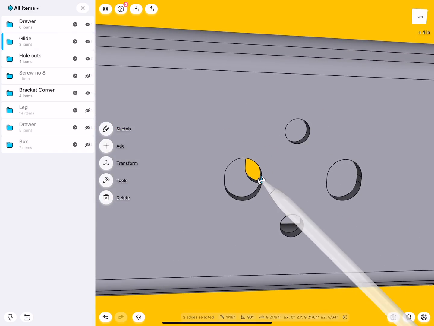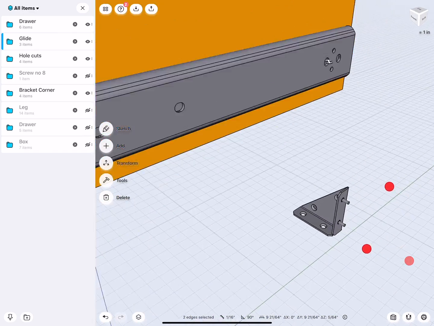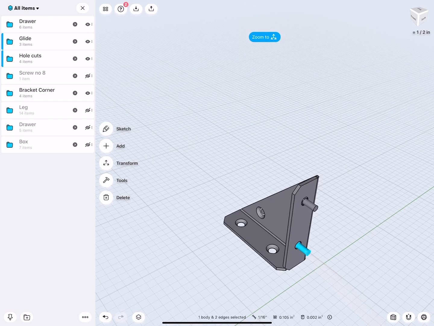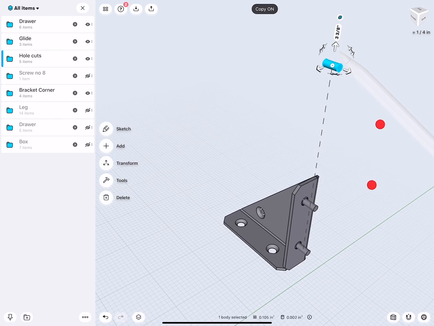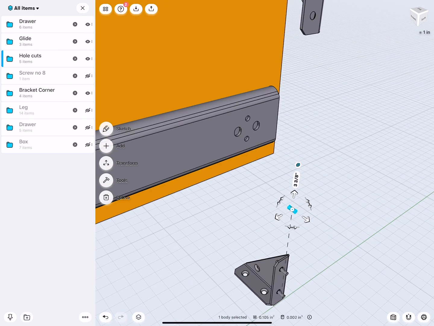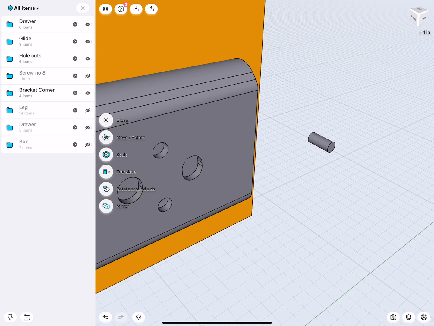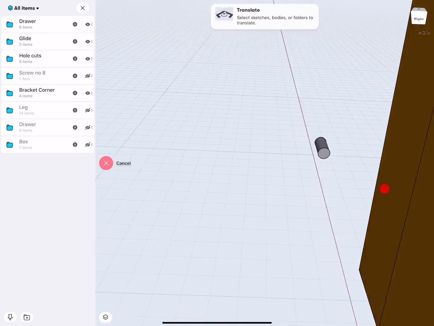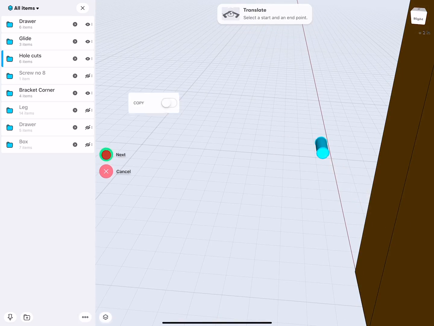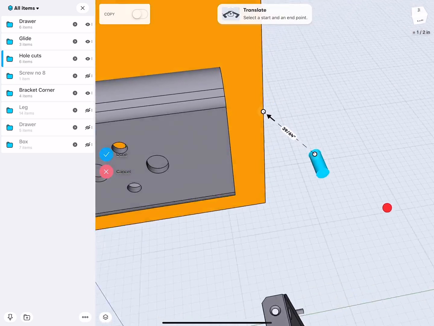So to do this, there again, I can select this, make a copy, move this up, very good, turn copy mode off. There, make a copy, bring this over. Very good. Now we'll select translate. U. So from the center to